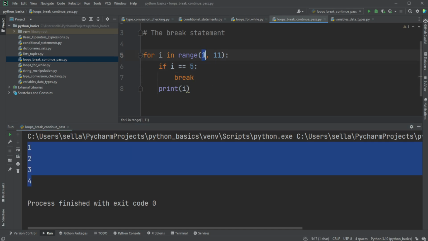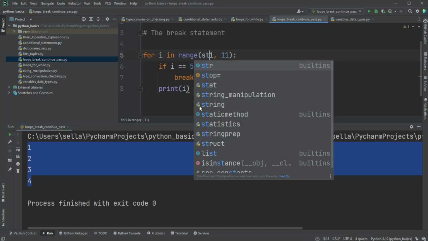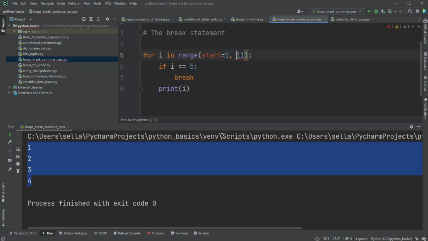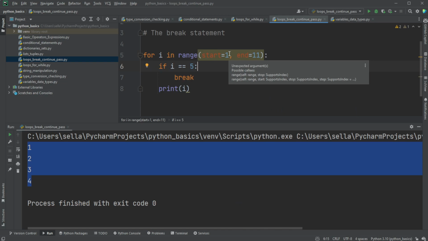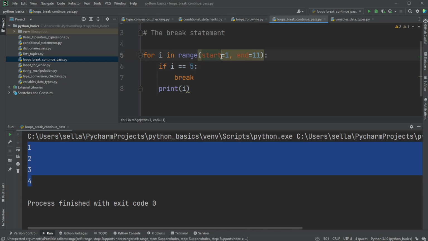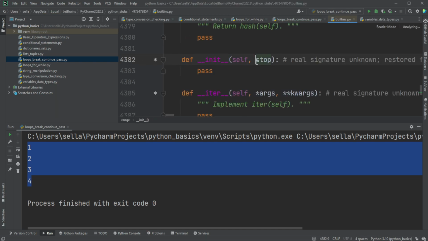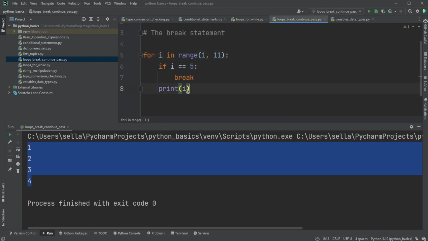So we've got a start argument here. Let's put start equals to make this a bit more readable for us. It's not accepting those. Okay, we'll leave that how it is now. Okay, self and stop. Okay, fine. Ignore that. So for i in range 1 to 11, so if we didn't have a break statement here,